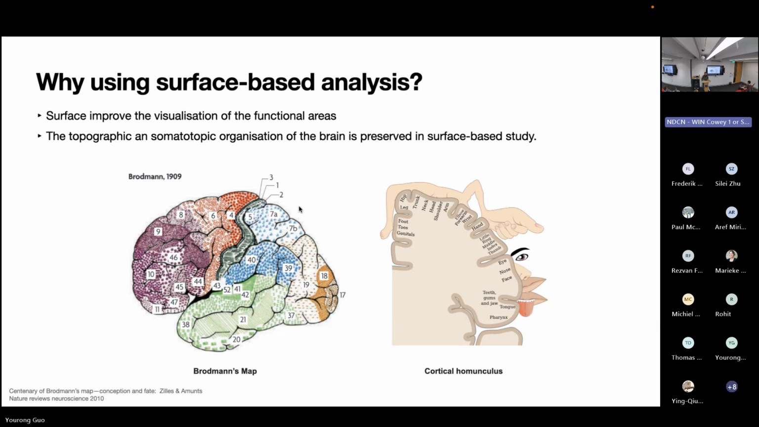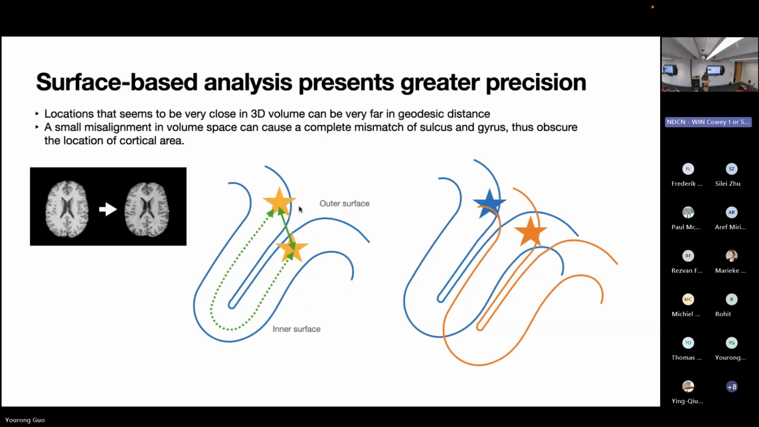There is already some evidence showing that just by moving volumetric methods to the surface, we can improve the spatial correspondence of cytoarchitectonic areas. Why would this significant improvement happen? The first problem of the traditional